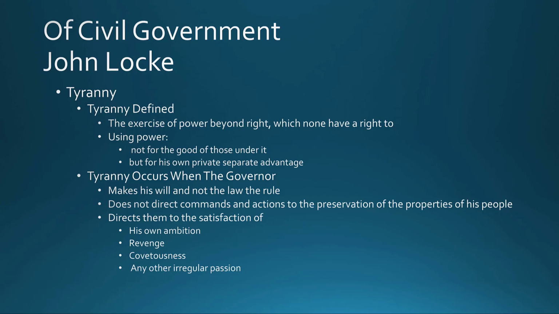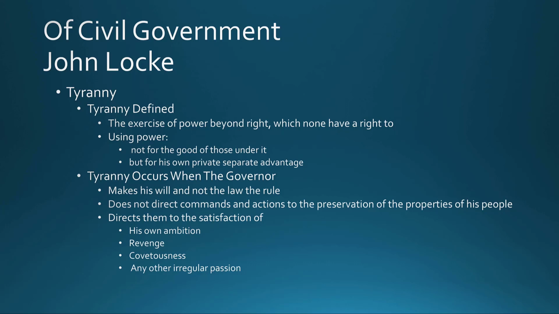And for Locke, we don't typically think of that as tyranny, but for Locke that would be, because the point of the power of the state is for the good of the people and not the advantage of the person in office. Given Locke's definition, most politicians today would be tyrants, even though we probably wouldn't think of them as tyrants in the usual sense.